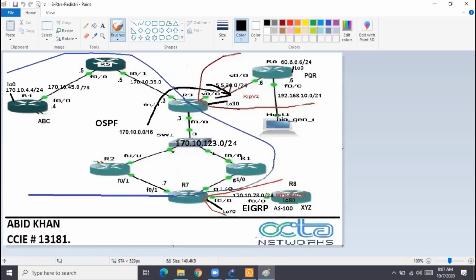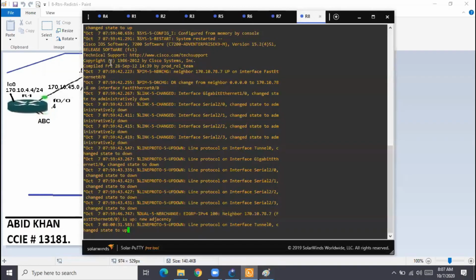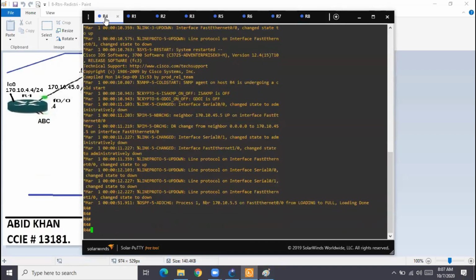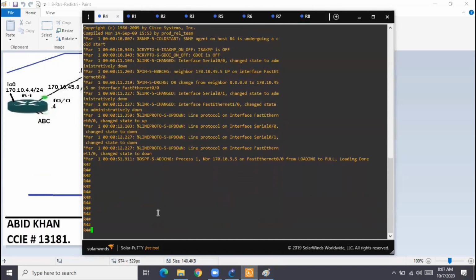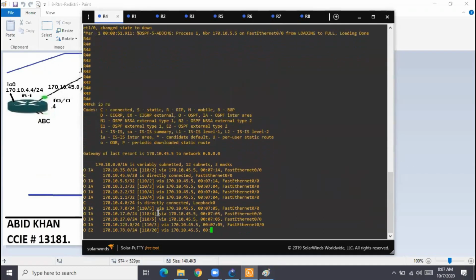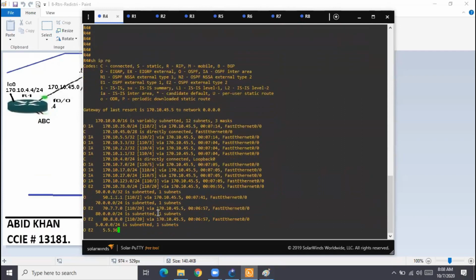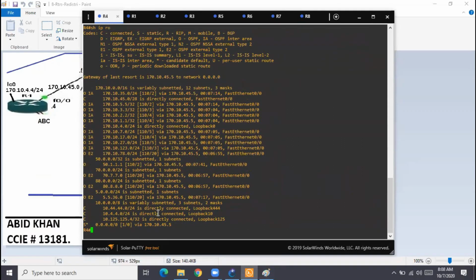Now let me go to R4. As per the diagram, let's see what R4 has done now. Show IP route. Is it having redistributed routes? R4 is an OSPF router. Do you see any redistributed routes on R4? Yes, you can identify redistributed routes in an OSPF routing table.